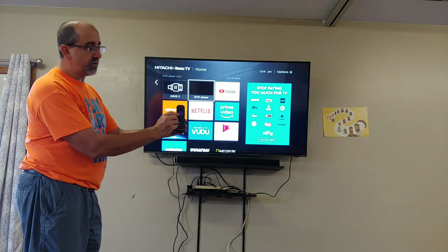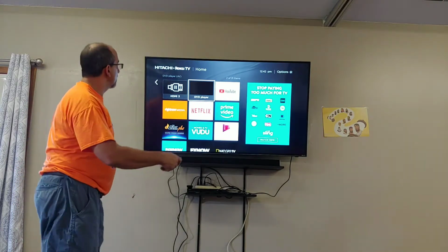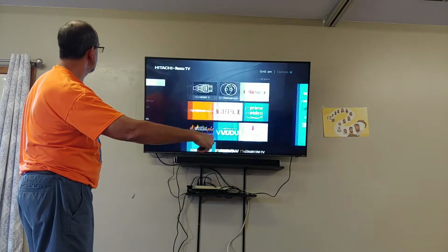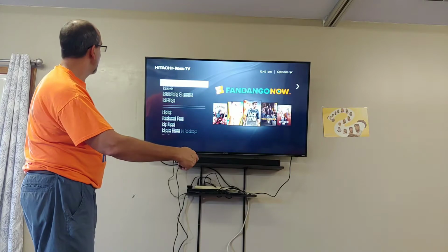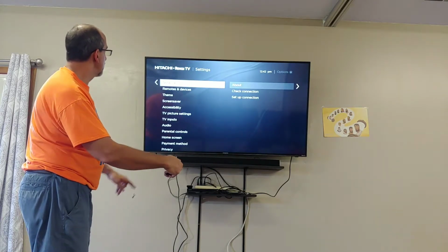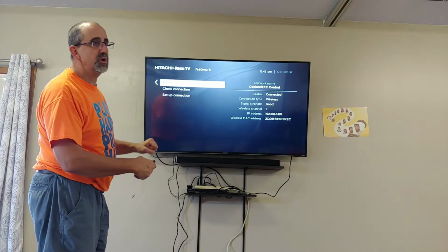And so on the remote, you'll just go over to the side, and you can see right here, go like this and come over to the side. And so hopefully it will work like this. There we go. Come over to the side and you'll see home, featured, and free. What you're going to want to do is go down to settings. Bam. Okay, and you'll see network. Go to network and you're going to say, and right now we're connected,